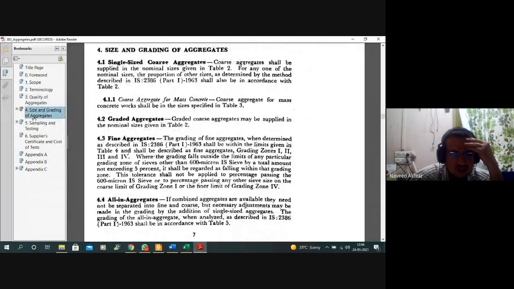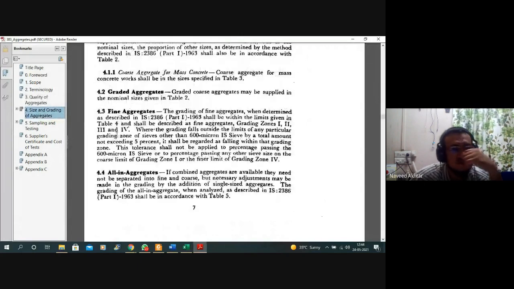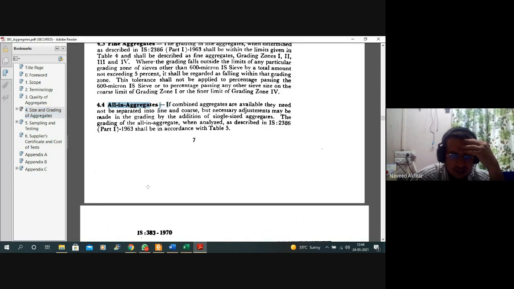Also you can see the sizing and grading of aggregate and different types of aggregate: fine aggregate, coarse aggregate, all-in aggregate. If all practical sizes from the fine to coarse aggregate are available, that is called all-in aggregate.